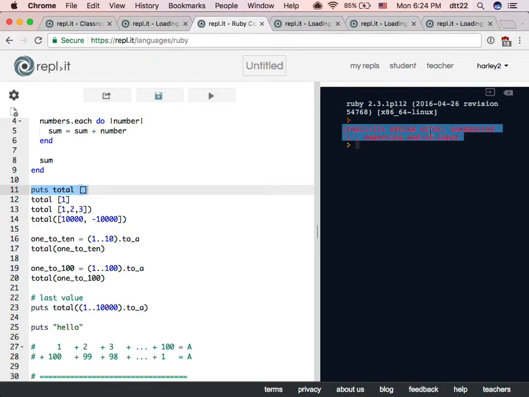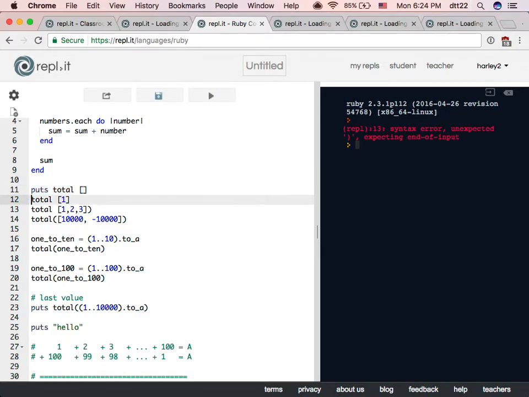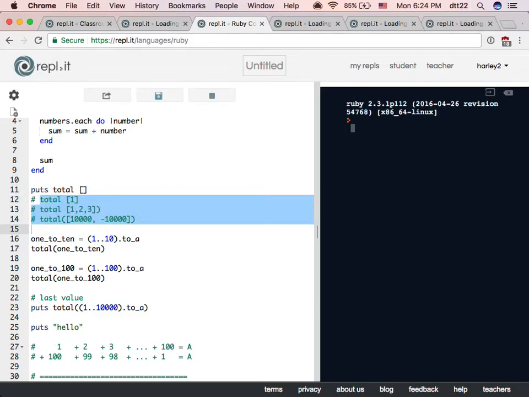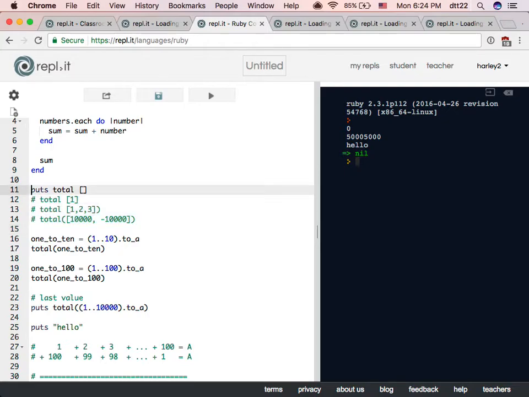Right? And it doesn't understand. So, I don't know if it understands or not. Let's see. It understands. But it's bad. You see this 0? It's hard for humans to understand. So when you do puts, please put this in. Okay? Don't do this. It will work, but do not do this. Then it will also look funny. Yeah?